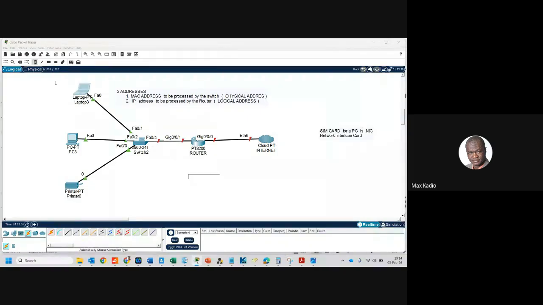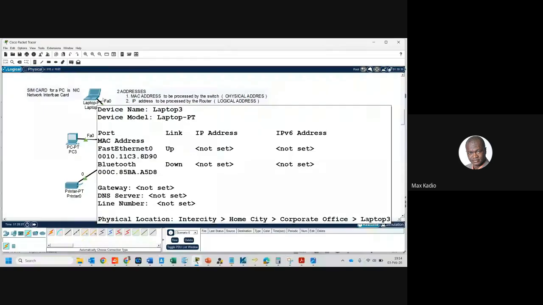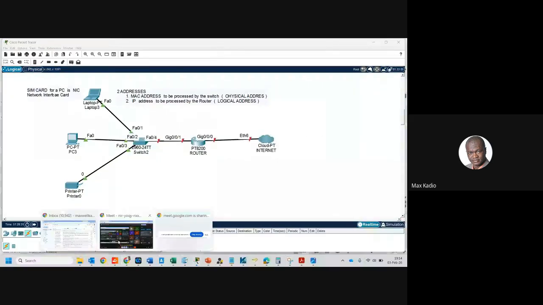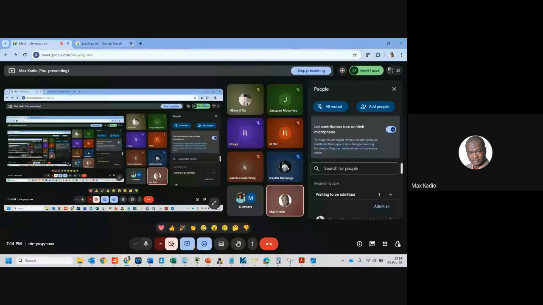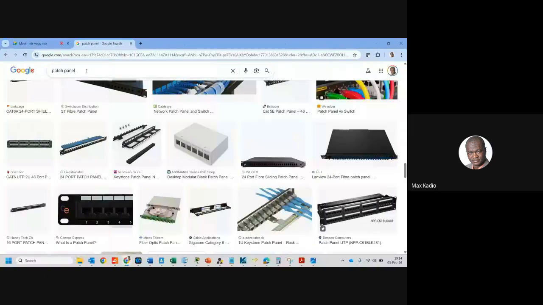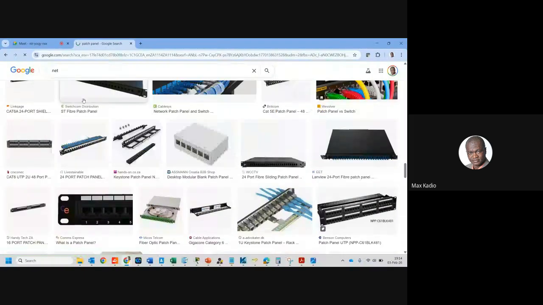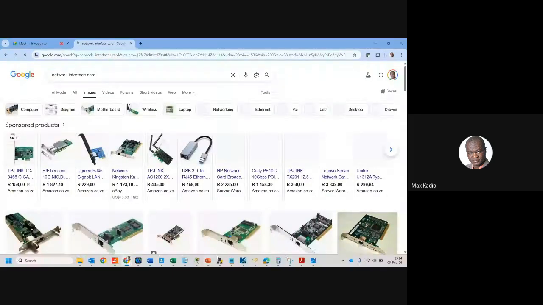So if PC3 wants to go to the internet, what does it need? First thing first, a SIM card inside. So a SIM card is called a network interface card. Automatically, when you buy a PC or a laptop, everything is there already. Network interface card. If I come here and I tap network, without a network interface card, you cannot go to the internet. You cannot even start. Why? Because you see,